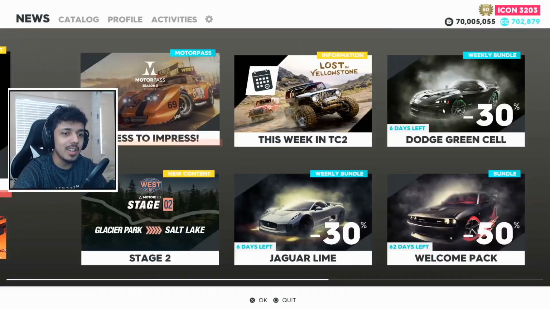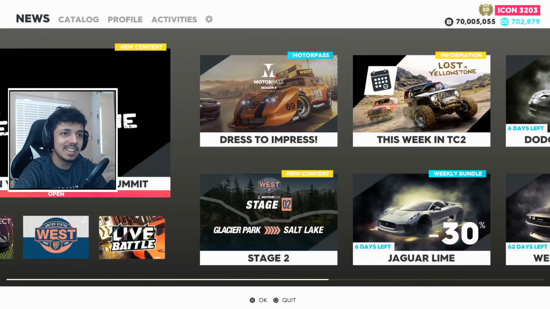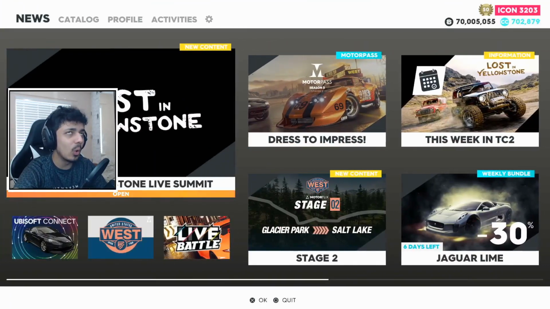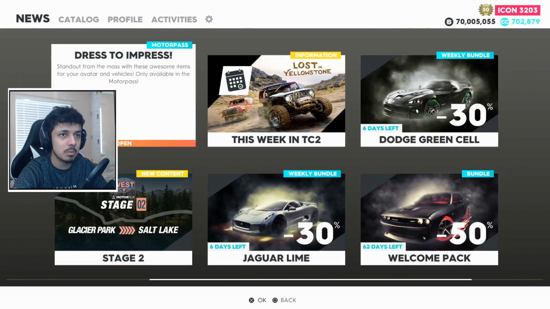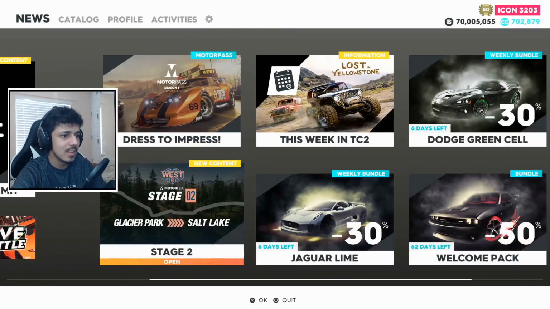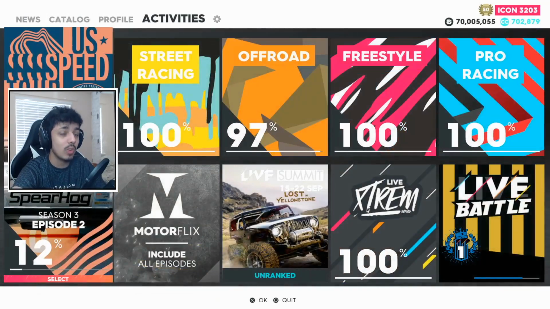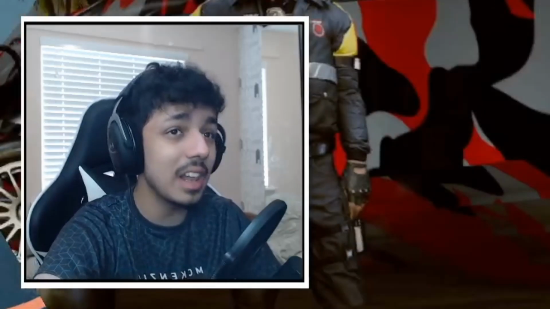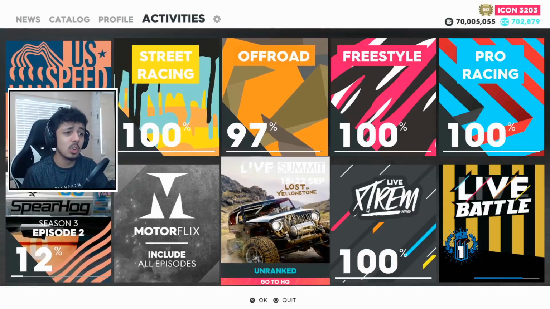And here we are, the new second week of the USB Tour West Motor Pass. Here we go. We have the Dress to Impress, which I believe is just for the Motor Pass. And we got the two new events, I believe a Rally Raid stage and a special Rallycross event, as well as, of course, the Lost in Yellowstone Summit,